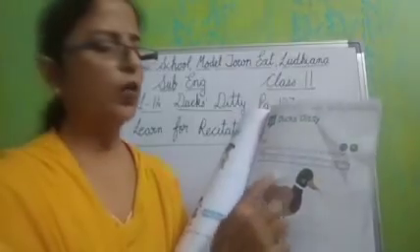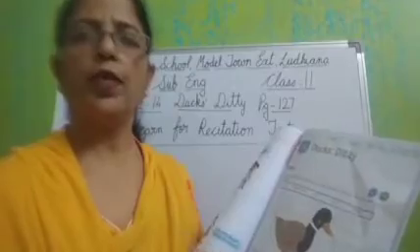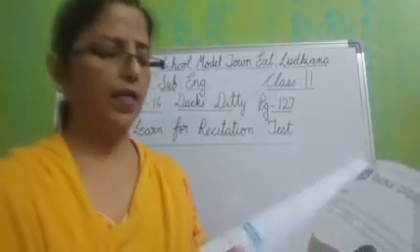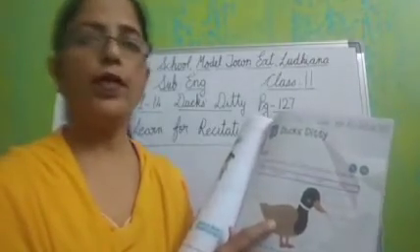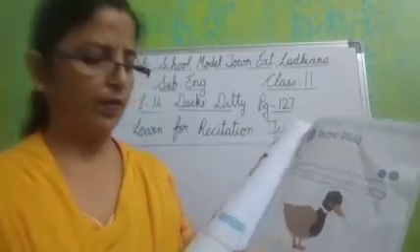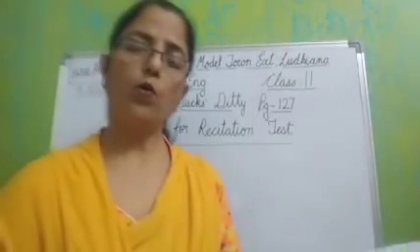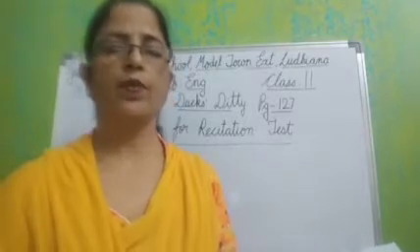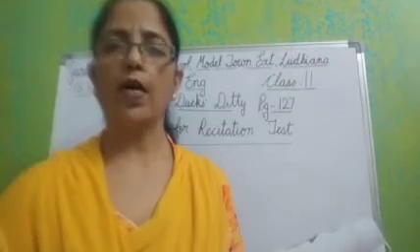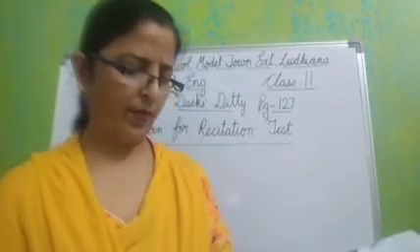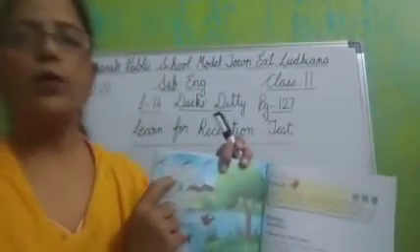You know children, a group of ducks is called a paddling. When there are many ducks moving together, it is called a paddling. And the feathers of the ducks, they are waterproof. They do not get wet in the water. Ducks, they do not feel heat, pain or cold in their feet. And when a duck moves, it is called waddle. The movement of the duck is called waddle. Now, let us start the poem. Come to page number 128.